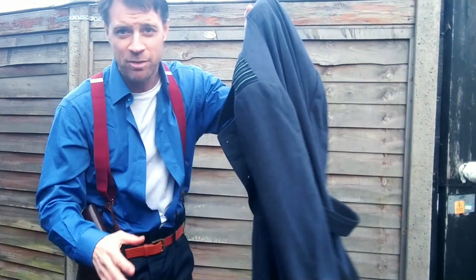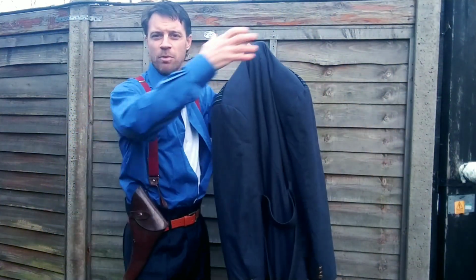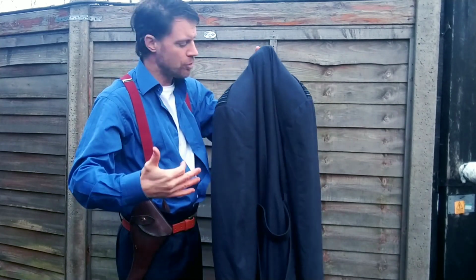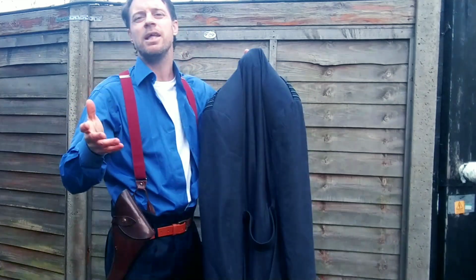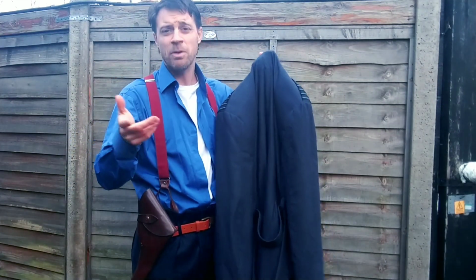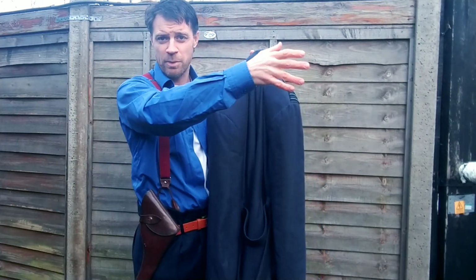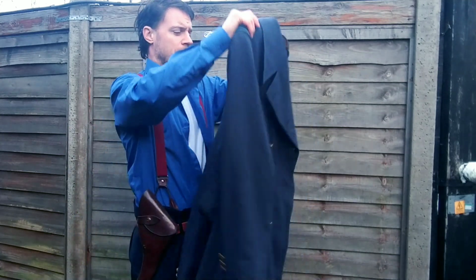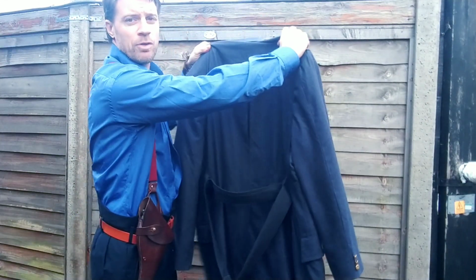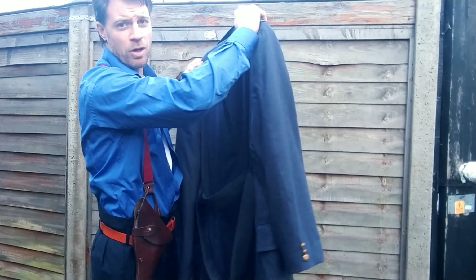Now I can only imagine that is for some kind of harness work. So you could put the harness on the back of him. And I'm imagining the beginning of Torchwood, Miracle Day, there's a bit where he runs away from an explosion. So I imagine there was probably a bit of harness work happened there. The great thing is that when the coat is shut, when the action pleat is shut, you can't see those